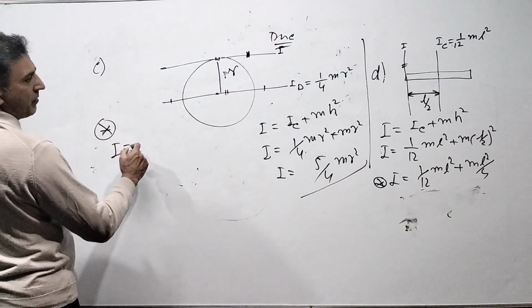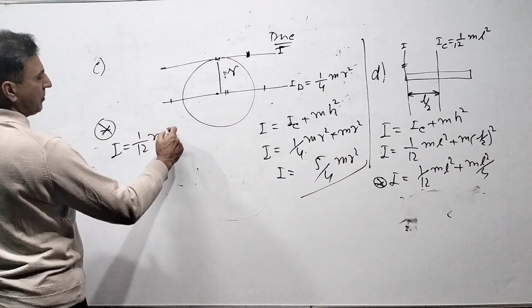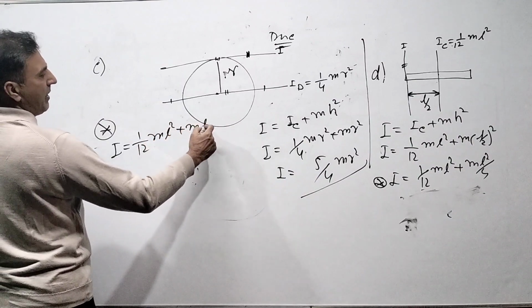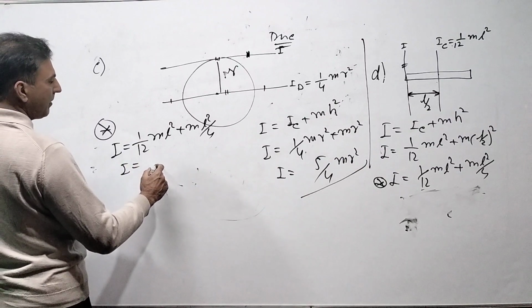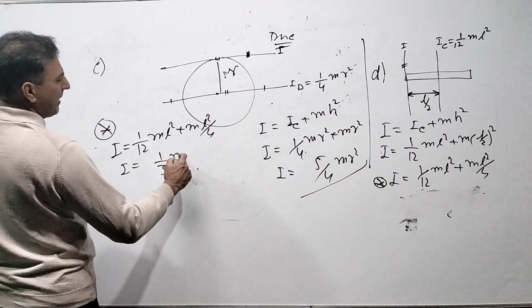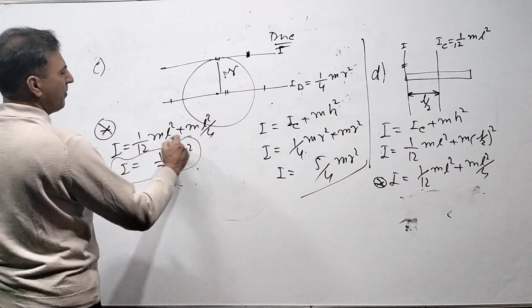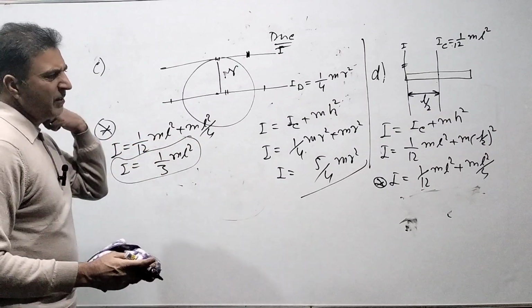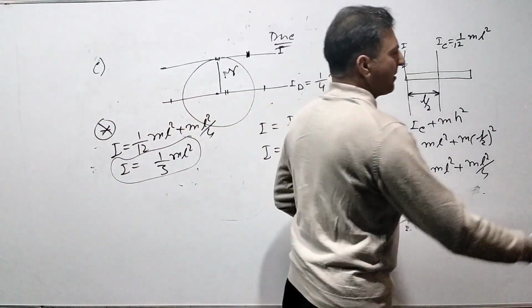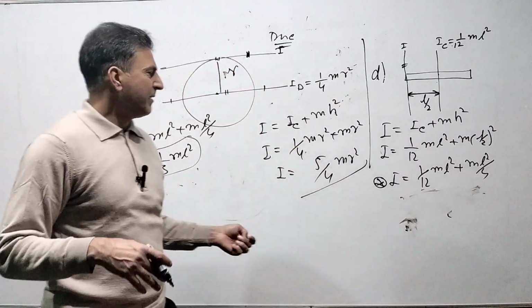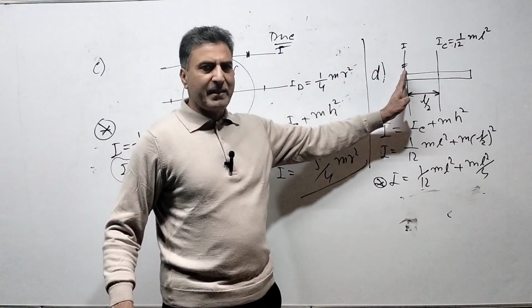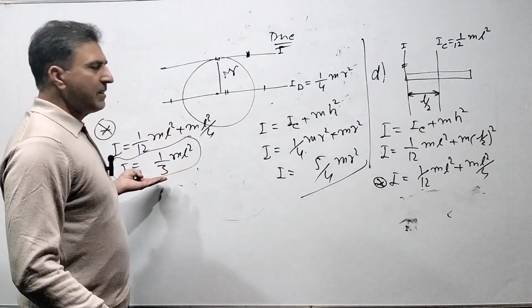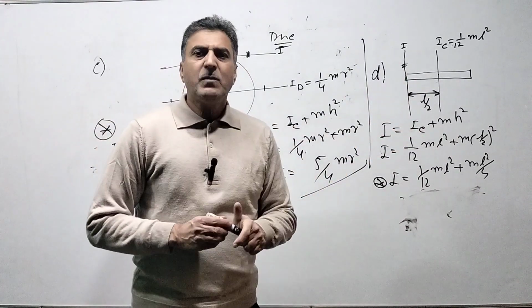I equal to 1/12 ml square plus ml square by 4, that is I equal to 1/3 ml square, check it out. I won't be surprised if add करके ये 1/3 ml square का आंसर आएगा, because we already did it. हमने इसको पहले भी किया हुआ है कैलकुलस से, अब इससे भी यही आंसर आना चाहिए।